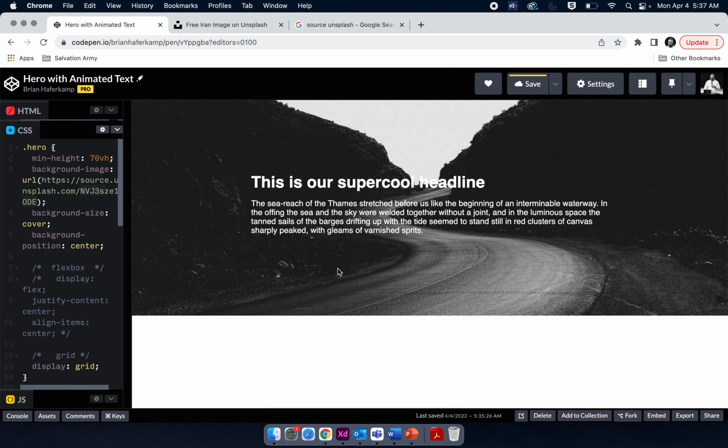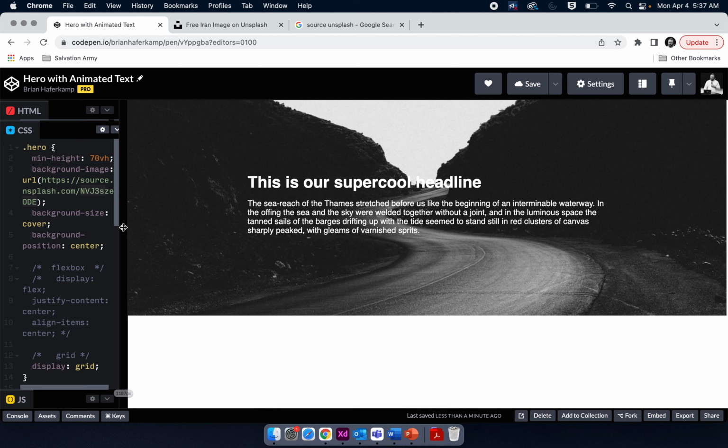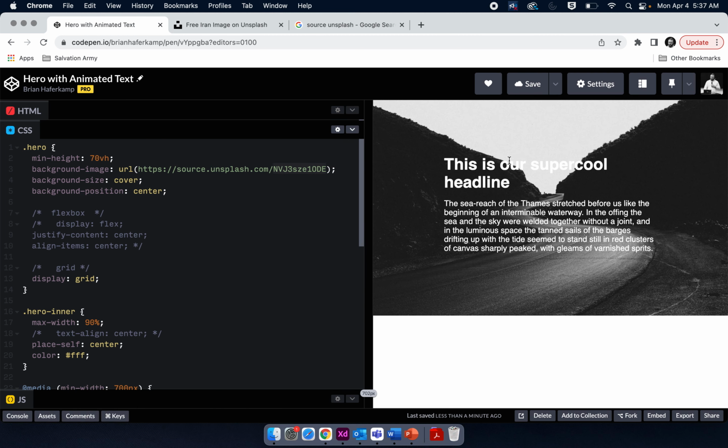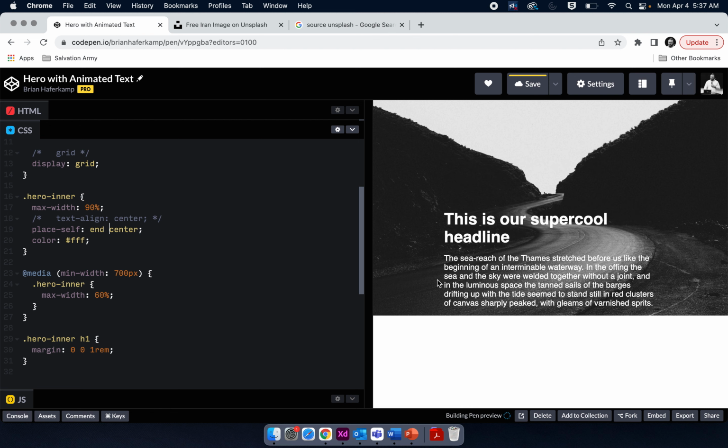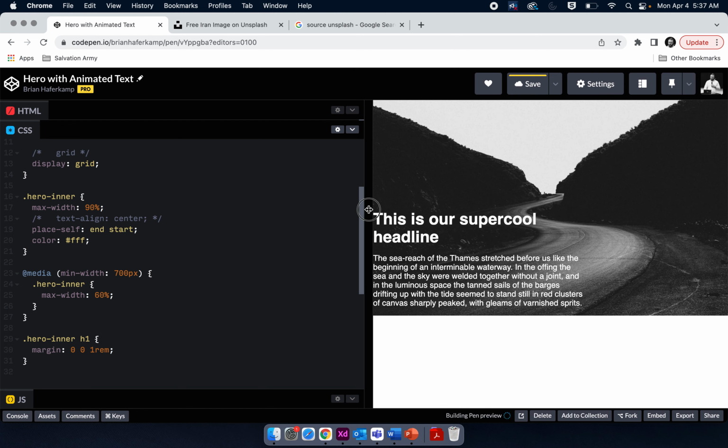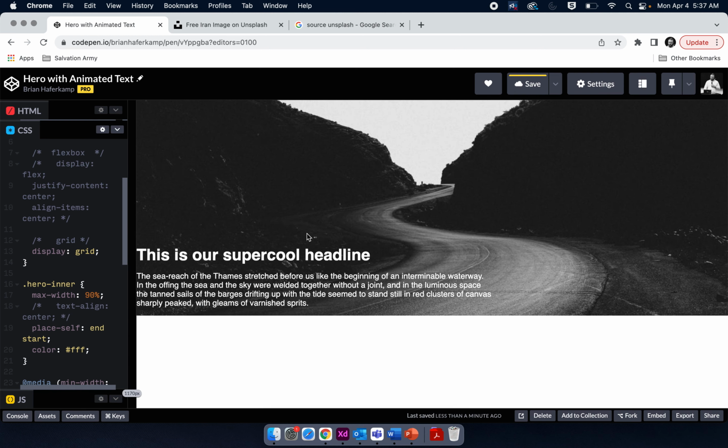Still not great. And what we would want to do is art direct this a little bit. So we would want to bring this over because we want the text to not get lost. You see how it sort of gets lost there? So we can move our text around. So instead of placing self, remember, we can do vertical alignment. So we can say end and center, and that's going to put it down. We can say end and start, and that's going to be to the bottom left. And so now you can see that this gives us a little better